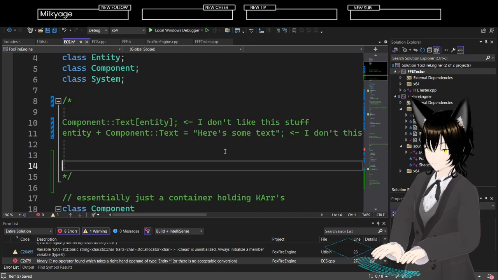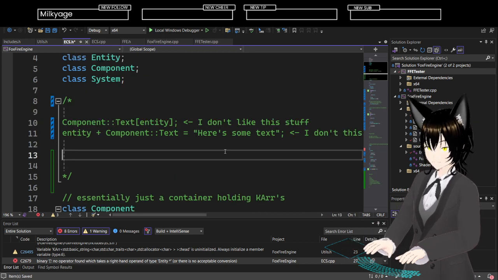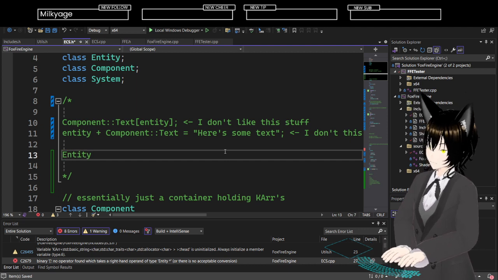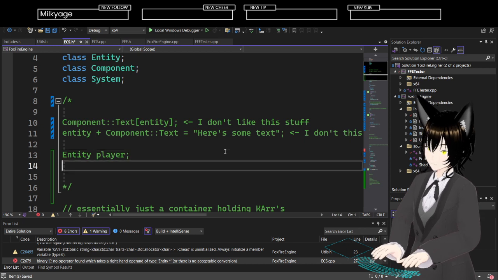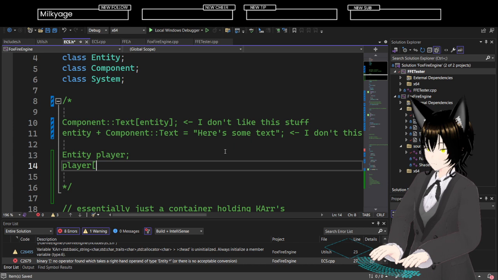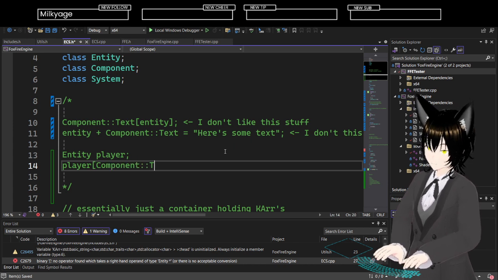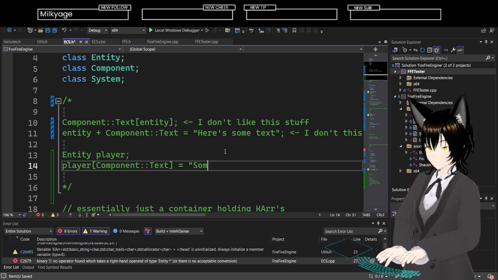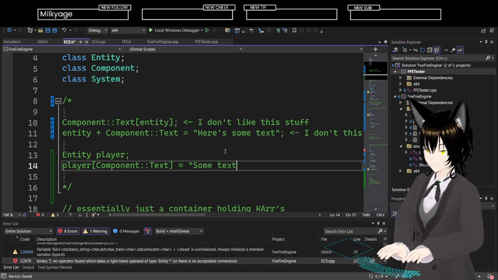Because one thing that I could do is I can say, you know, entity player, alright, and then I can do player component text equals some text.